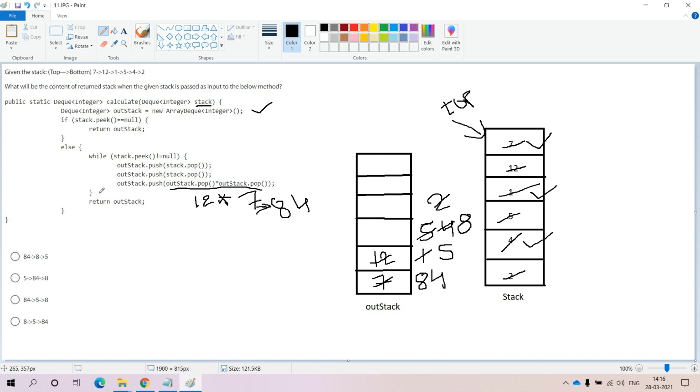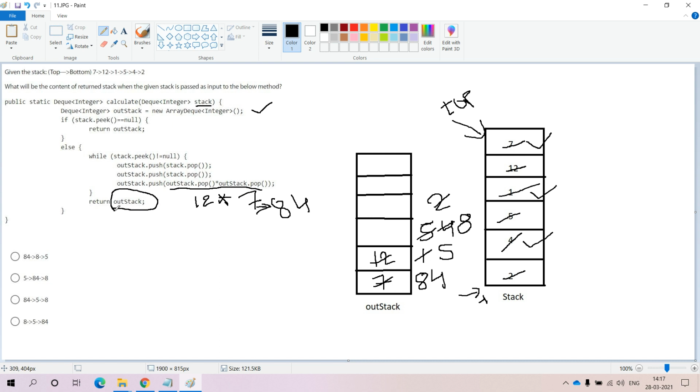If we iterate the while loop one more time, none of the elements are available in the stack, so we are unable to pick an element. There is no element at the top of the stack. The top cursor position is now at the -1 index position. None of the elements are available in the stack, so the condition fails. It will not enter the while loop, and we come outside of the while loop. Finally, we return the output stack.